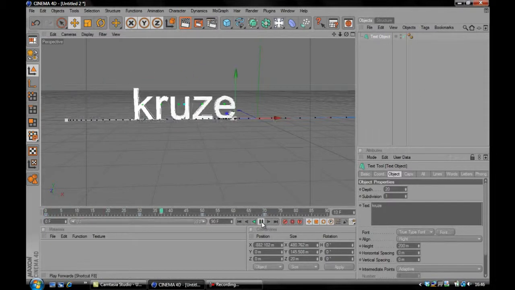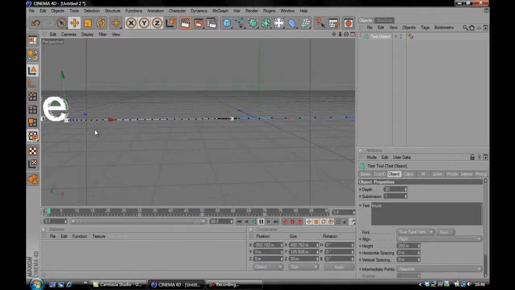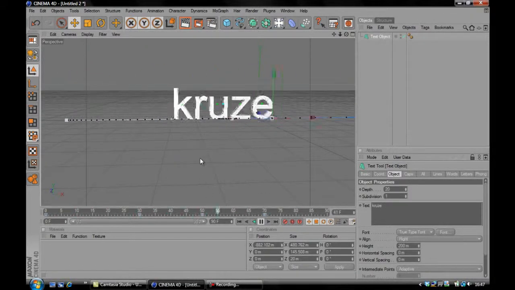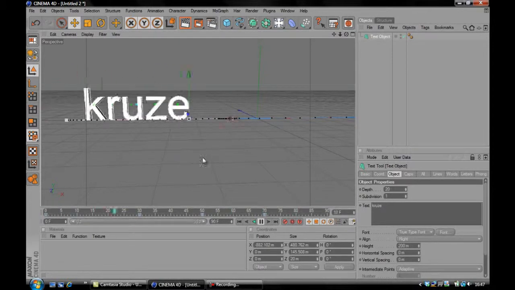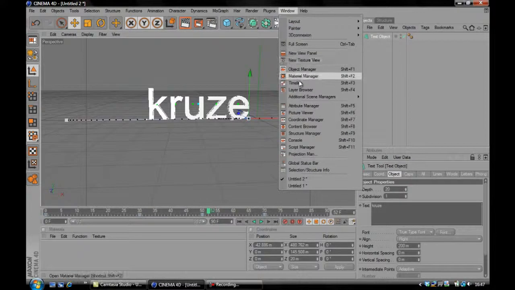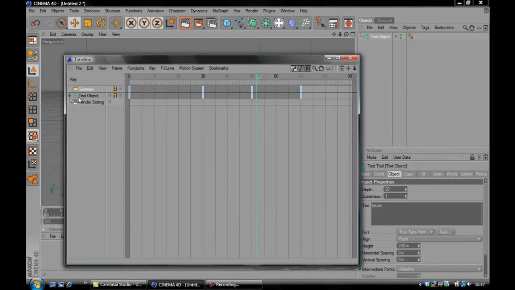But, as you can see, it doesn't do that. It comes along, goes back, and then forward again. And this is called Overshoot. It is incredibly annoying when you're trying to make animations, so I'm just going to show you how to fix it. So, you want to come up to Window, Timeline, and you've got all your objects that you've got